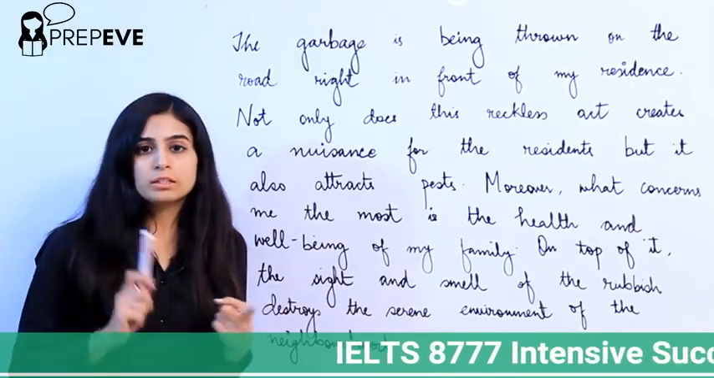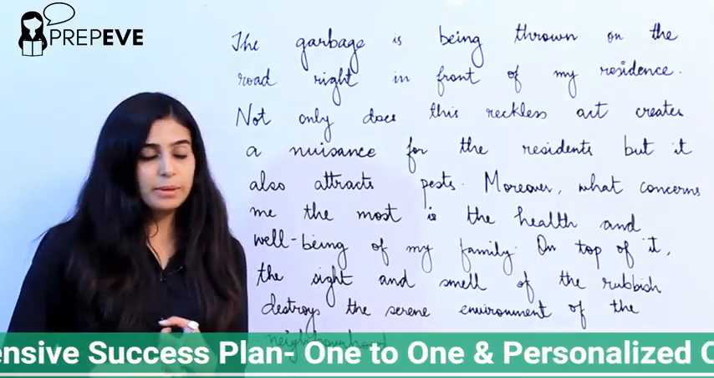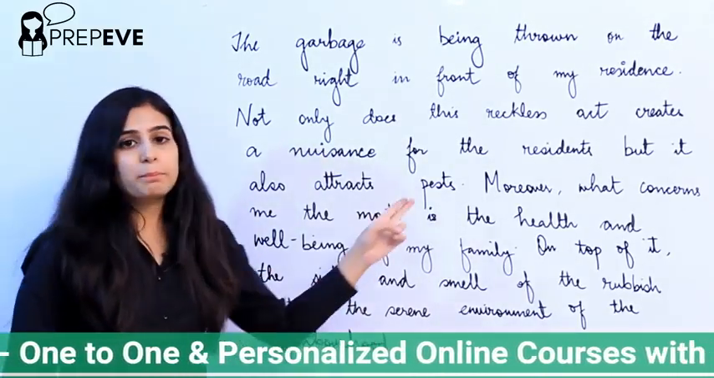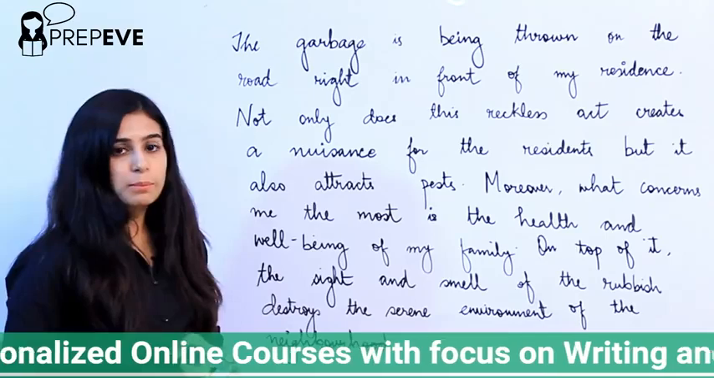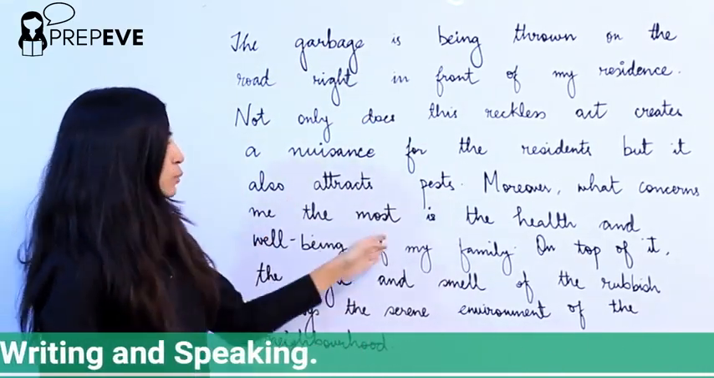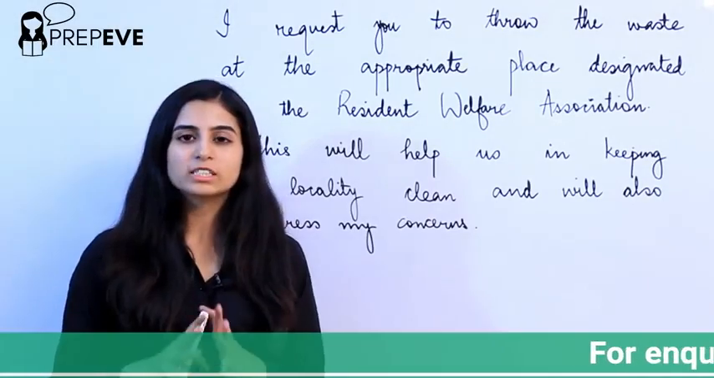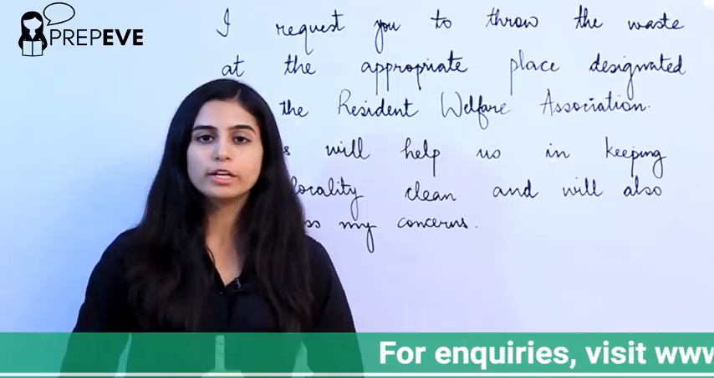Number one, the serene environment is getting impacted by the garbage. Number two, the pests are being attracted because of the garbage. Number three, it's right in front of my house and it can impact the well-being of my family. That's about it. Let's now address the third bullet point, which